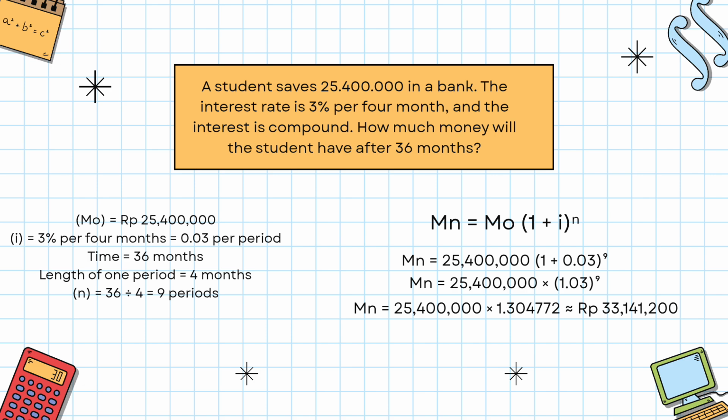The first step is we calculate 1 plus 0.03 to the power of 9, and we get that 1.03 to the power of 9 is 1.304772, and we multiply it by 25,400,000. And we get that the money the student has after 36 months is